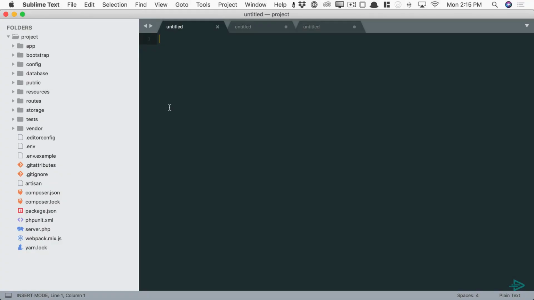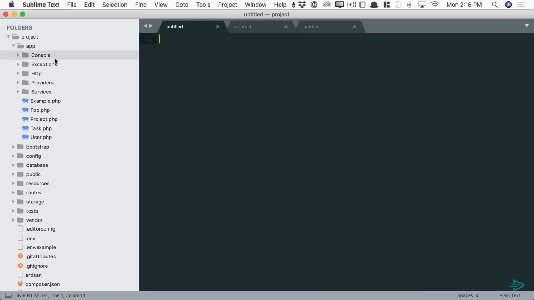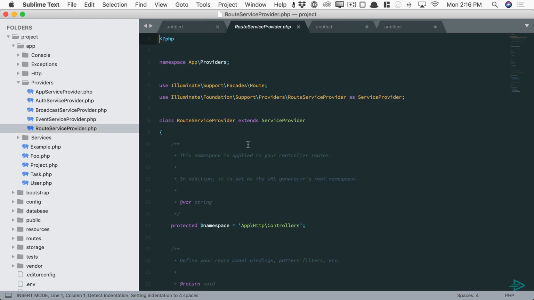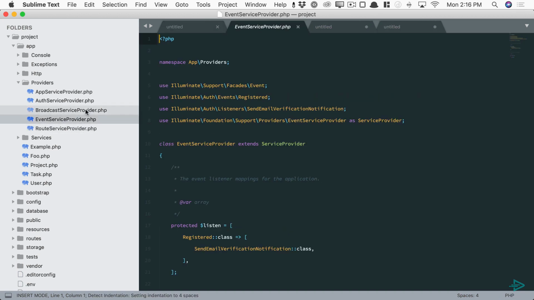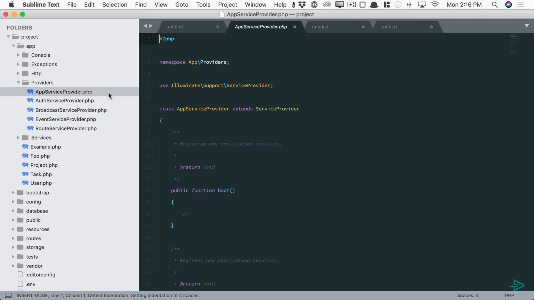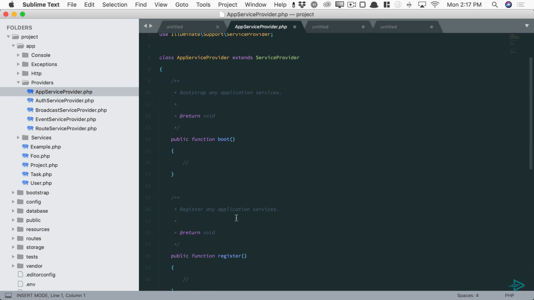Now that you're a bit more comfortable with Laravel's service container, let's switch over to service providers, another core concept. Let's go into my app directory, providers, and you'll see we've included a handful out of the box to get you started. A provider related to routing and events and broadcasting events to the client, authentication, and then a standard application service provider. And this is a good place to put any initial work that needs to be registered or